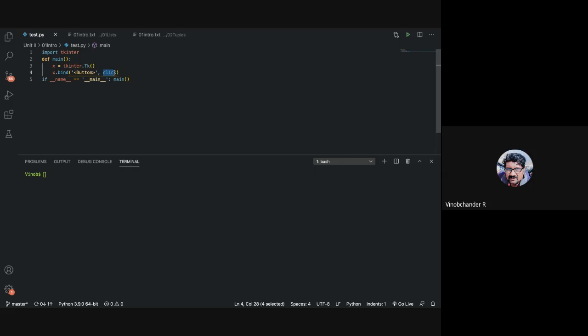All right. Now let us write the event handler. Before we write the event handler, we also need to ensure that your event loop is active. So let us call something called mainloop, which executes your event loop.